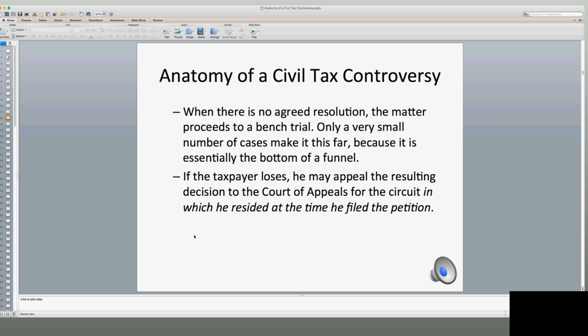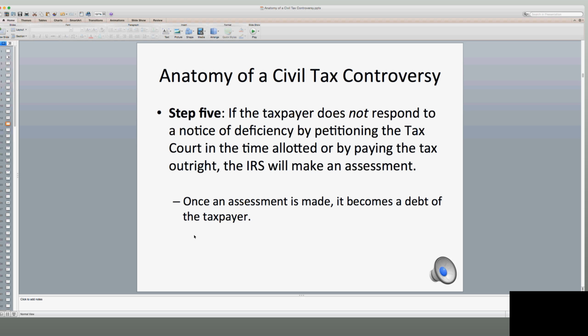And it's very important to recognize that because that does come up in some cases when the taxpayer loses. They aren't happy, and they might feel that there are issues that could be appealed and that would be conducive to a fresh look by a panel of the Court of Appeals. And you need to know what Court of Appeals will be reviewing the matter because you want to see what precedent they have on the case and how it's likely to be viewed based on their precedent.